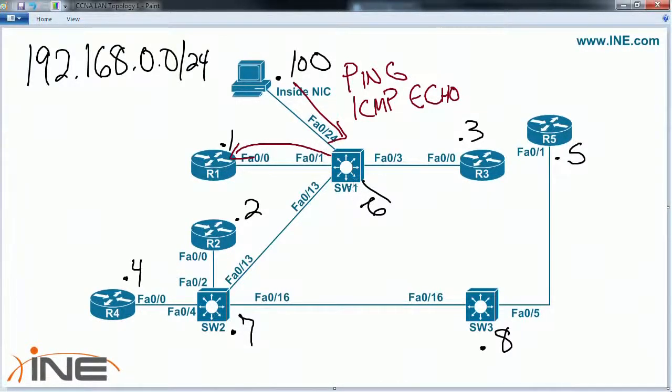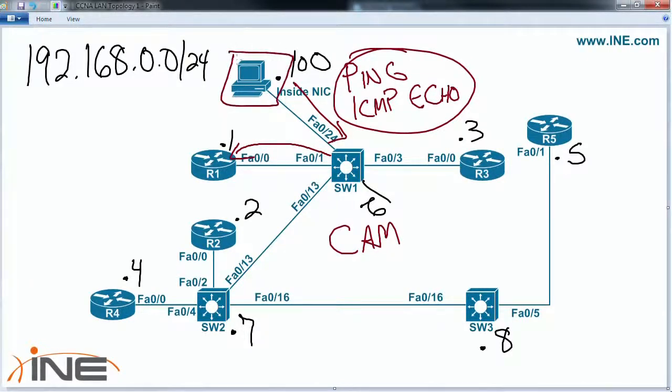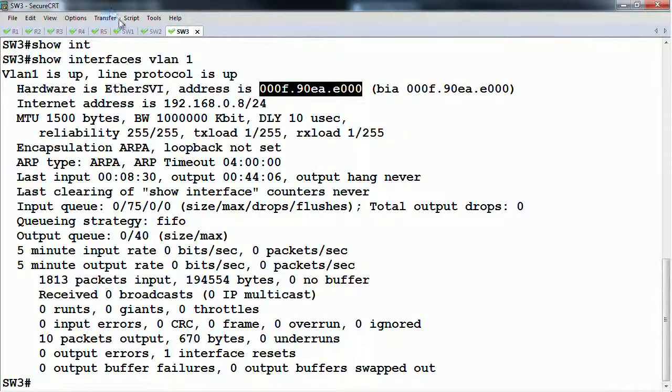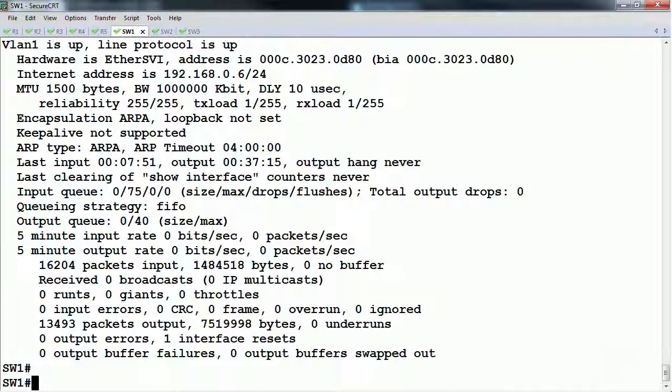It looks in that local table, which is called the CAM table, the content addressable memory, and it does a lookup and says, what's the MAC address that's inside this packet? The host to begin with is going to know what the MAC address of router 1 is. So it says, look at the destination inside the layer 2 Ethernet header and figure out what port that's located on. And on the switch, if we look at the show